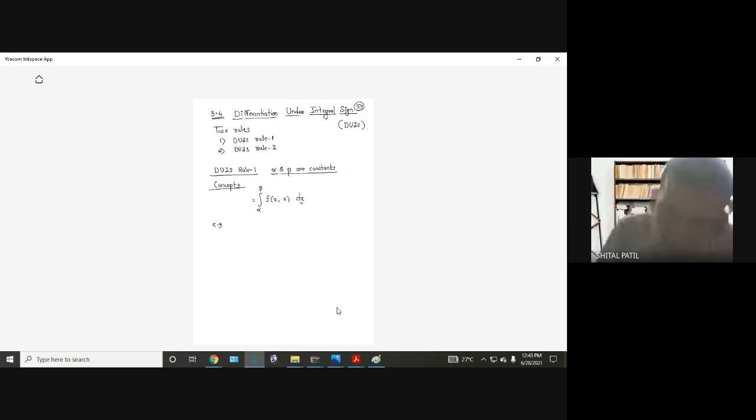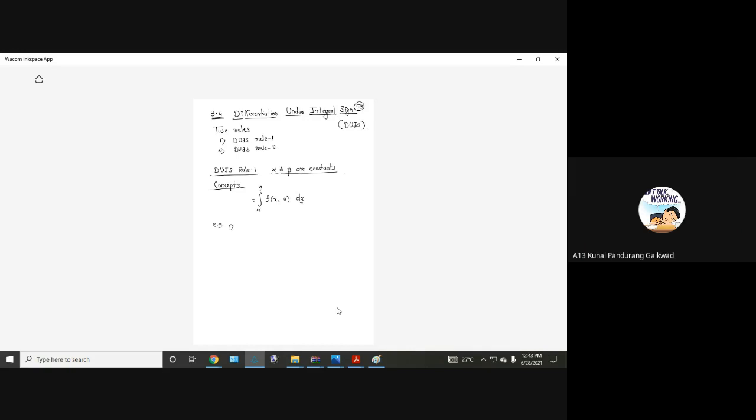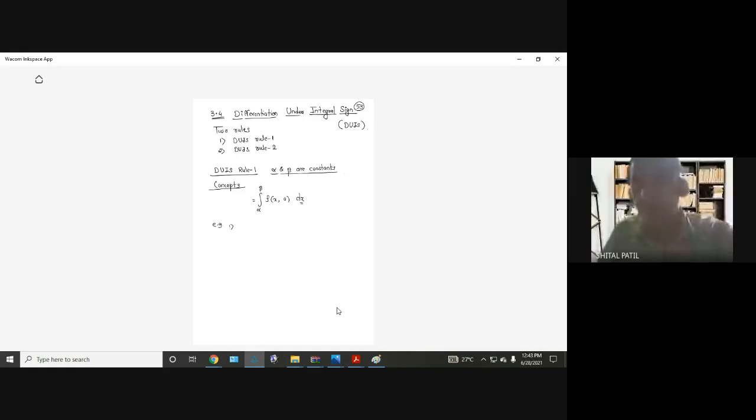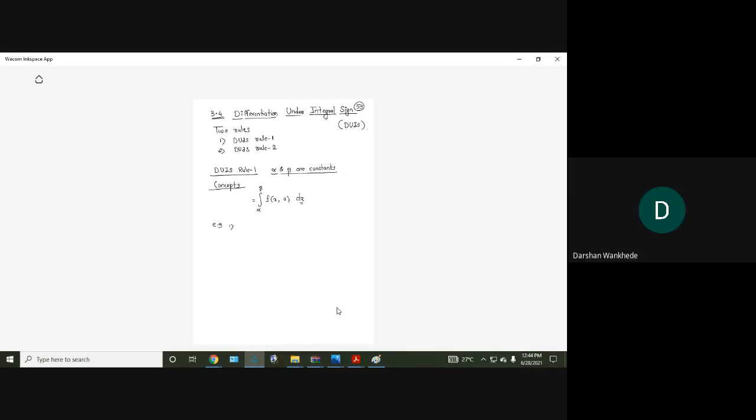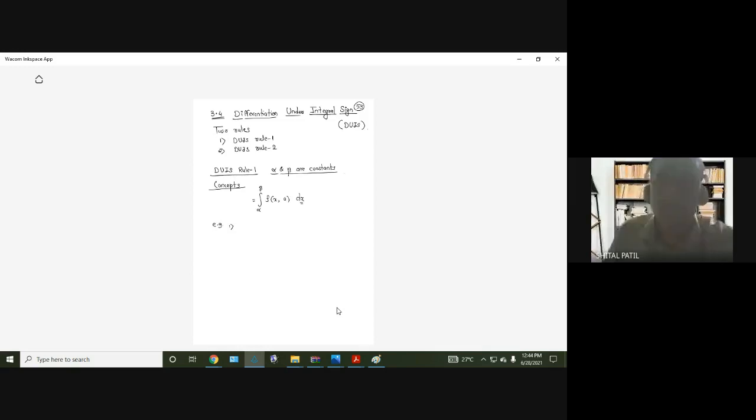No constant means you want to say alpha and beta. No sir, means another constant. Okay, we'll check that. Function of a. So I have three different answers: function of a, function of x, and the third answer is constant. We'll check that. No problem.